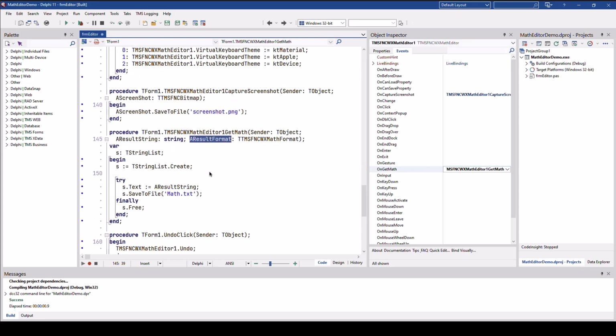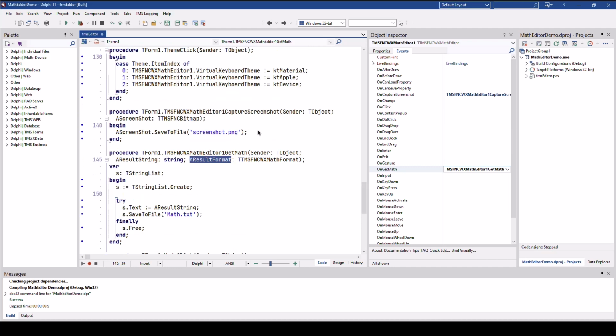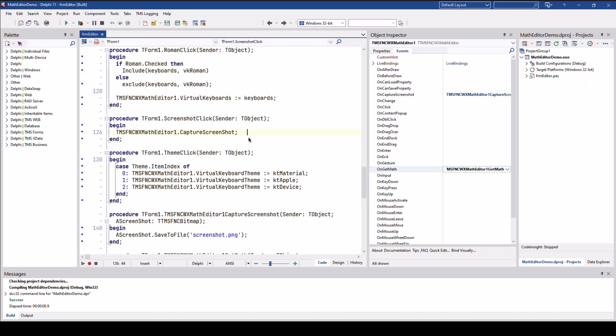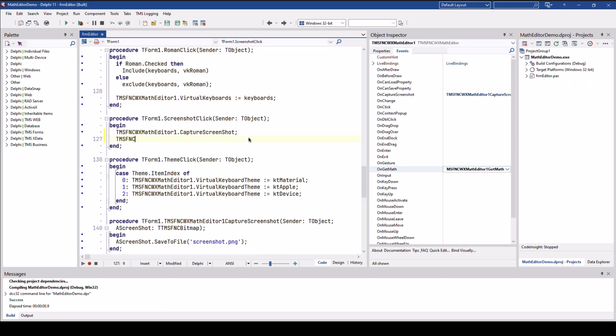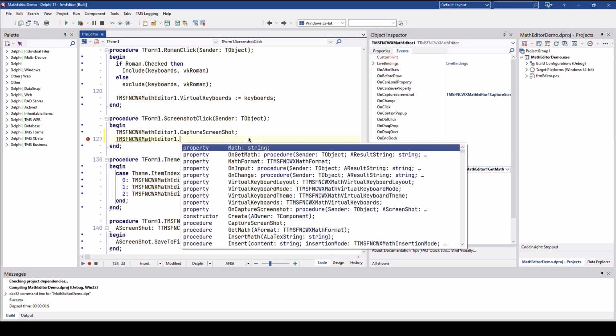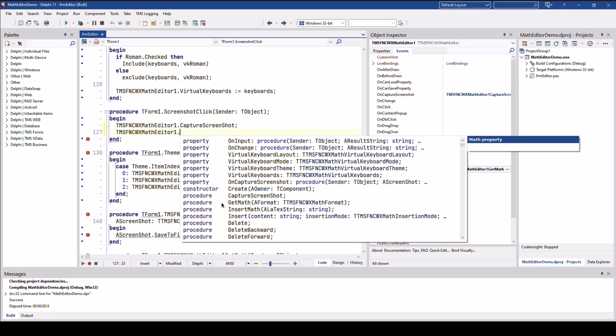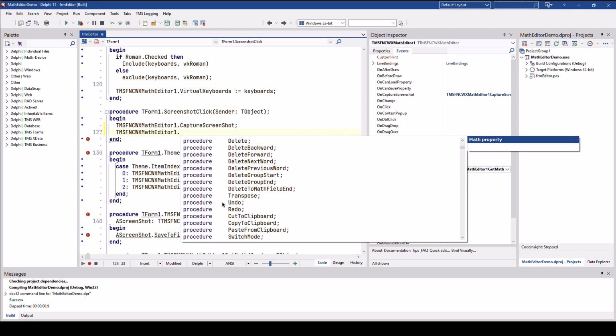There's even more than meets the eye, because if you, for example, call the TMS FNC WX math editor instance in code completion, there are a lot of methods available, like delete backwards. So the whole editor can be controlled using methods.